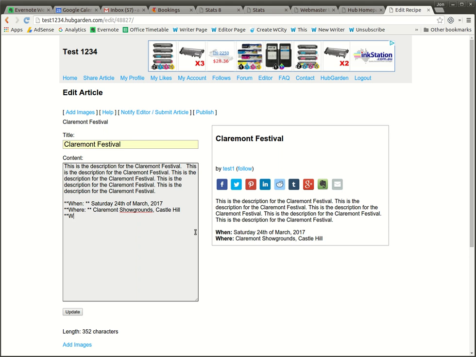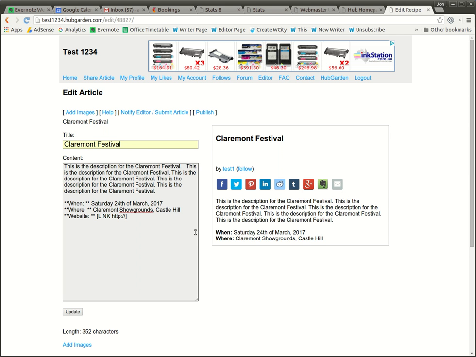So we'll put in here a section for website, using the double asterisks again. Now this is the slightly tricky bit, how to enter in a URL, like a clickable link. So you need two square brackets, an open one and a closed one, and now in those brackets at the start you put link in capitals, all capitals. Then a space, and then the full URL of the event. So you need the whole URL, including the HTTP at the start. So HTTP :